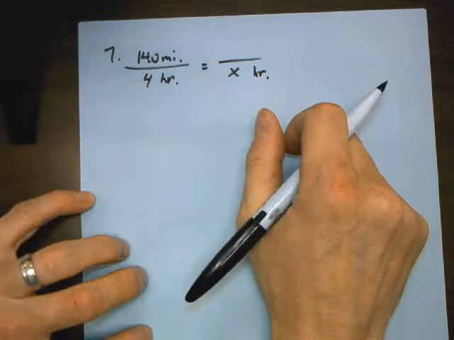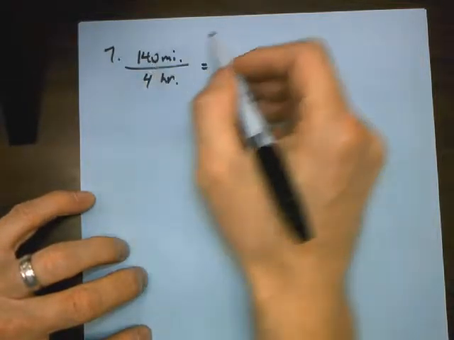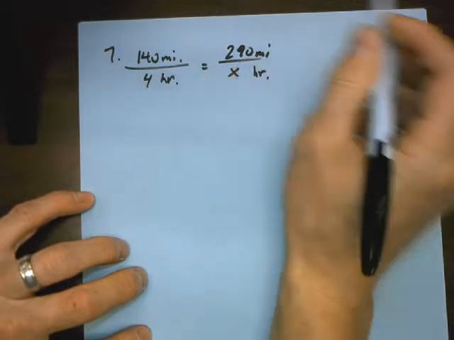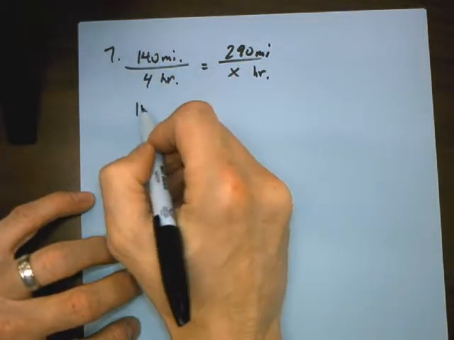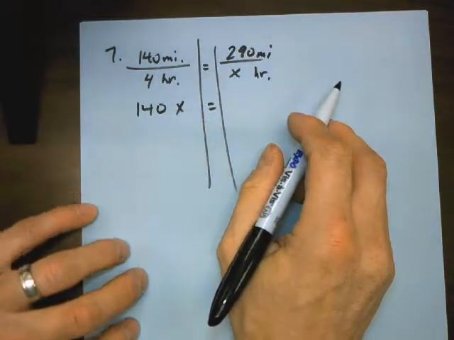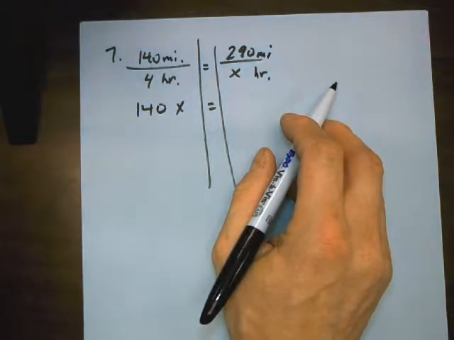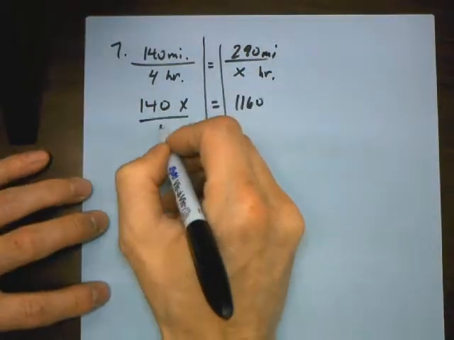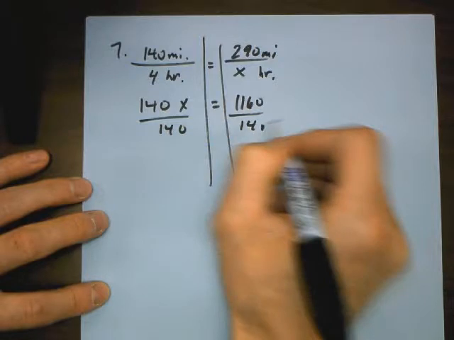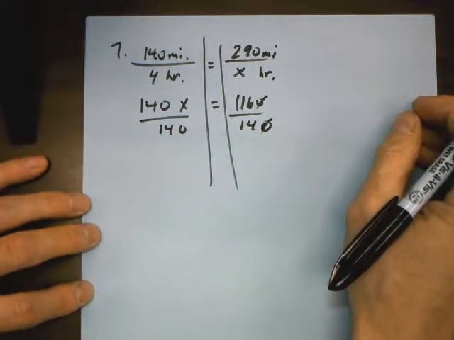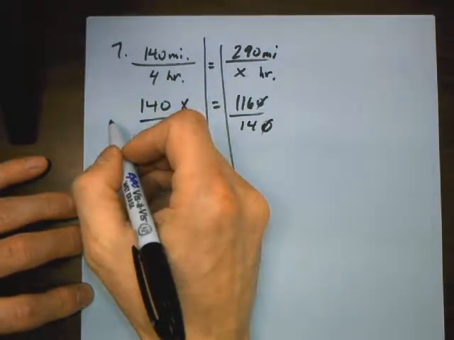If the fish swam an additional, so that word additional means I have to add 150 onto this, so I add 150 onto that and I get 290 miles. Okay, so now I'm going to cross multiply 140, and let's solve this proportion. 140 times x is 140x, and when I multiply 290 times 4, we'll get 1,160. I divide these two. Now remember, when you're dividing, you have zeros, and then you can cross those out. So now I'm dividing 116